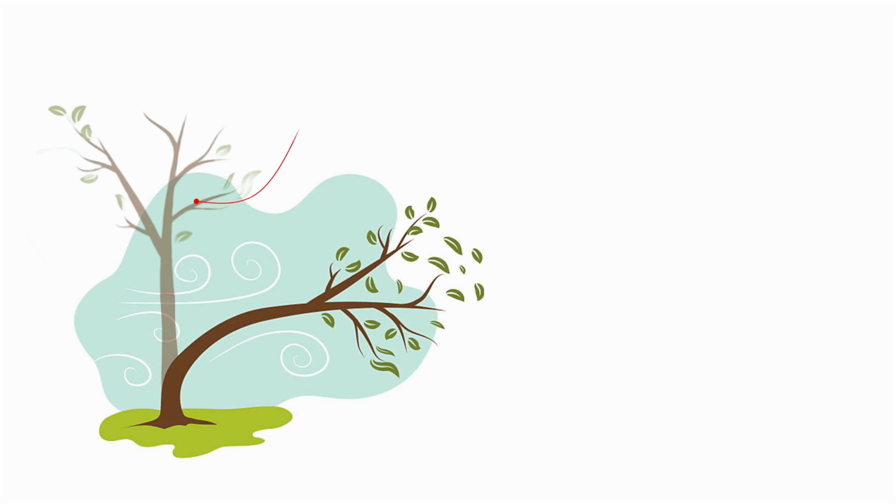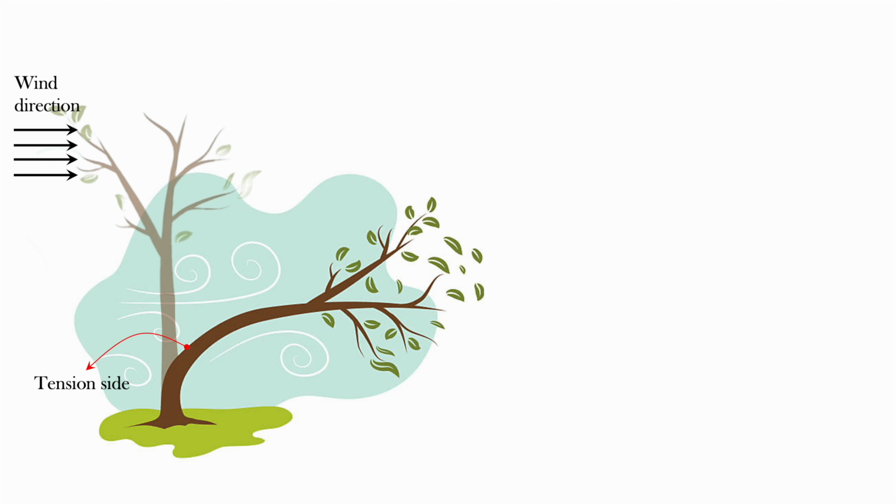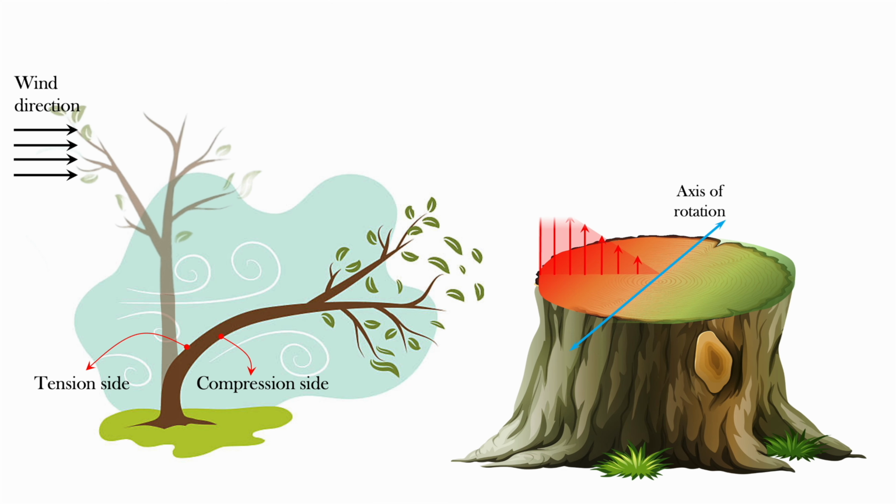Relentless winds that sweep through their branches impart lateral loads, that is, forces acting from the side, and this causes trees to bend. As a result of these lateral forces, a portion of the tree experiences elongation and is subjected to tensile stresses. On the other hand, another portion of the tree experiences contraction and is subjected to compressive stresses. This is a typical stress profile of a slender structure